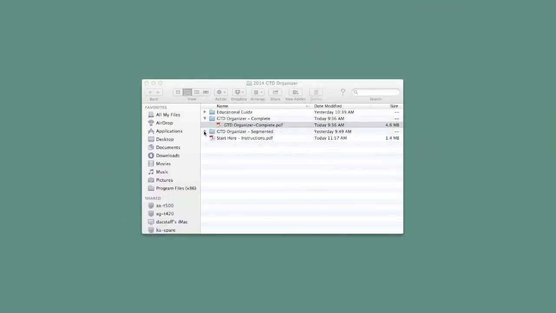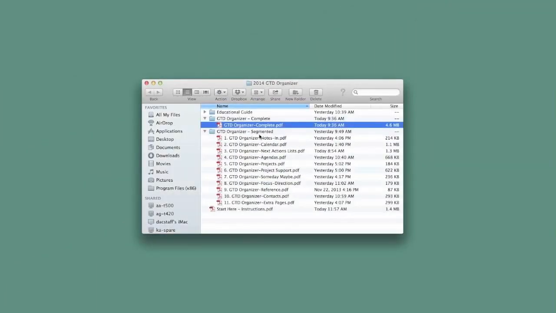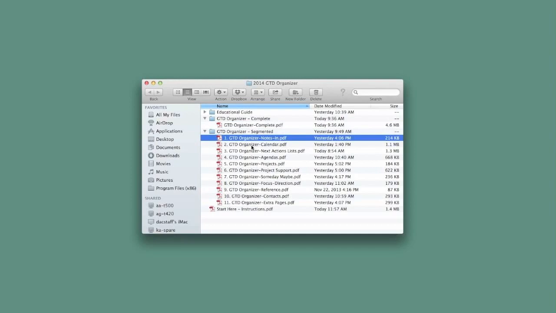So for that reason, we also included the segmented versions of these. So all 10 sections, instead of being one guide, instead is divided out for you as 10 different sections. And the extra pages, since if you're an Adobe Reader or Apple Preview user, you're not going to be able to move pages, extract pages, or insert new pages. You'll need the paid versions of Adobe for that, given the way those products are built.